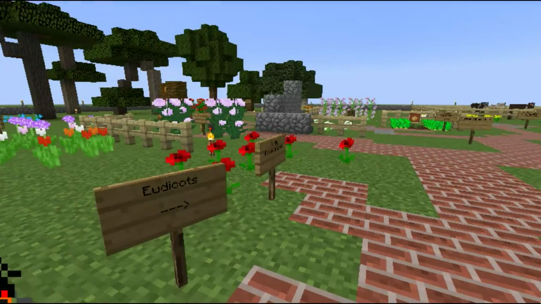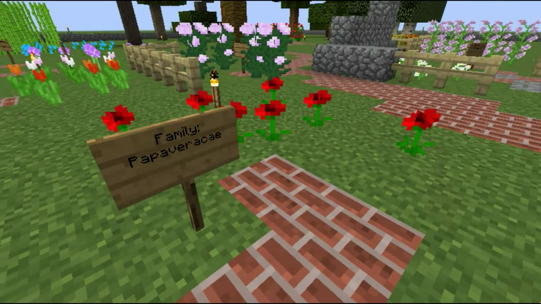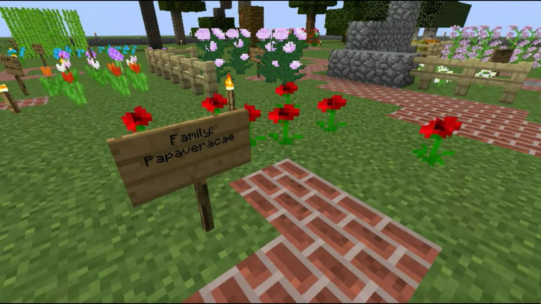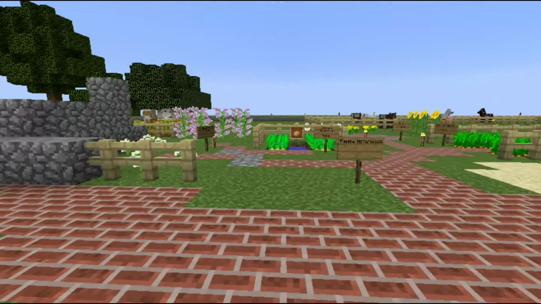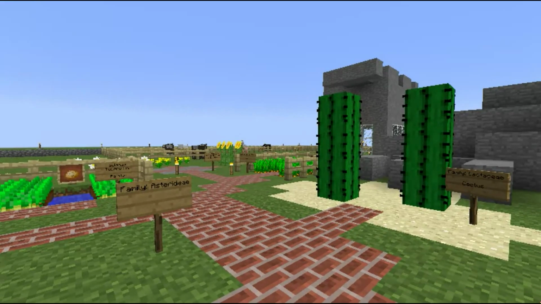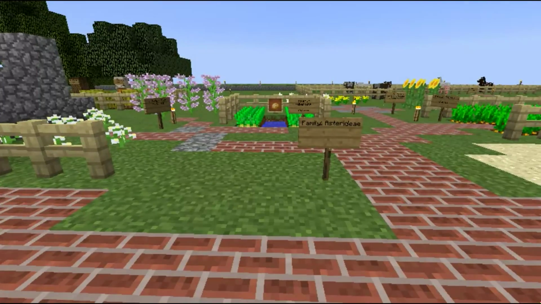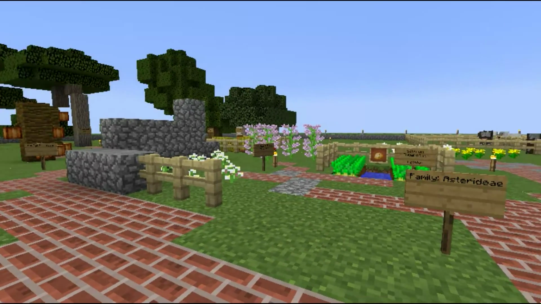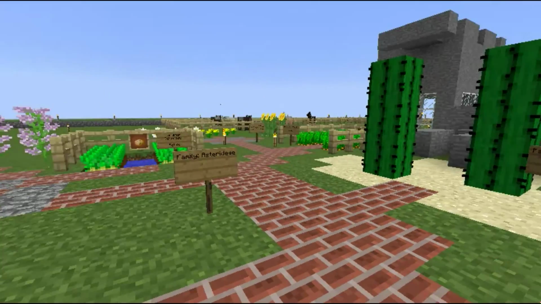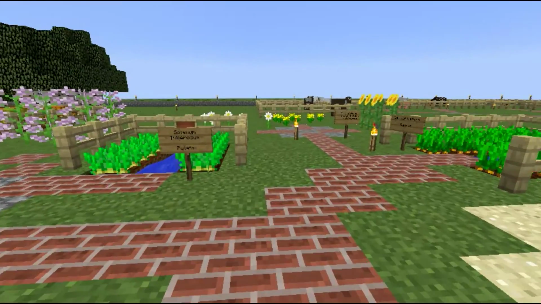So moving back to the eudicots. Got poppies over to the left there. Oh, I forgot to write their name on the sign. I'll have to come back and do that at some point. What you'll notice here, and you've got some cacti on the right, there are two very large families of flowering plants, the rosids and the asterids, and the same here, they're quite well represented. So past the cacti and into the asterids,